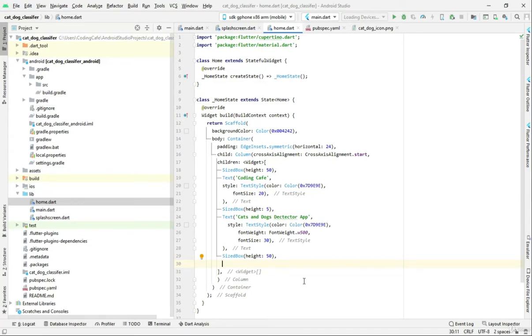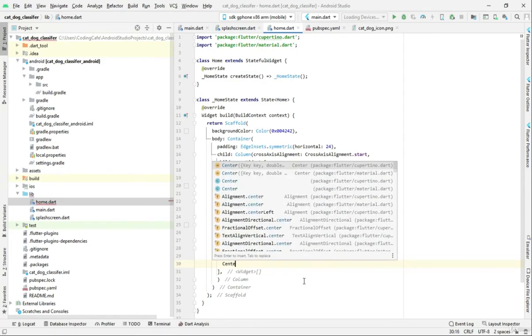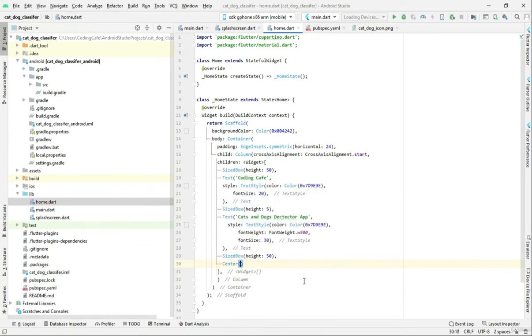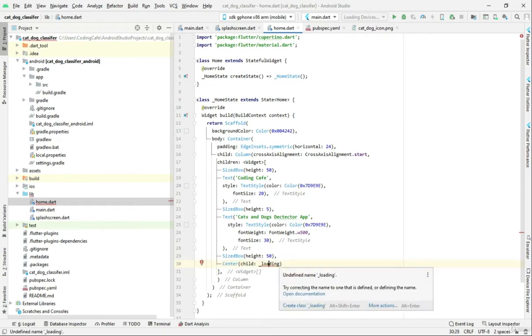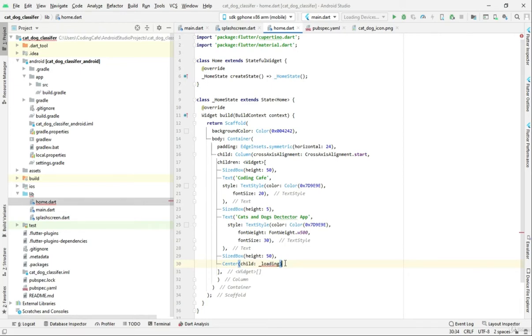So after this sized box we will add a center widget, and inside this center widget we will create a child, and then we will create a loading variable. The reason we are using the loading variable is, if it is true then we will show the default icon, which is in the assets folder. And if it is false, for example if the user uploads an image from a gallery or captures it on a camera, then we will show that image, and also we will show